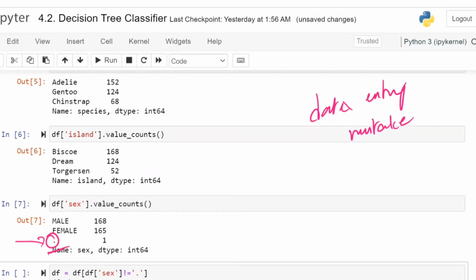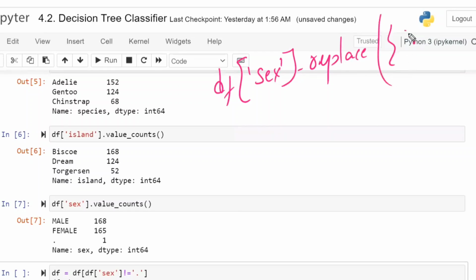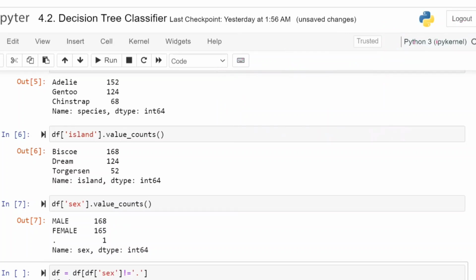So if you want to replace, how are you going to use replace? Df of this particular column name dot replace, and within that replace function a dictionary, wherever the dot is there, this dot will be replaced with male, something like this. Why male? Because mode. Okay, if you want to replace, replace. If you want to drop, drop, right? So what I'm going to do is, in this case, I'm going to drop that one.